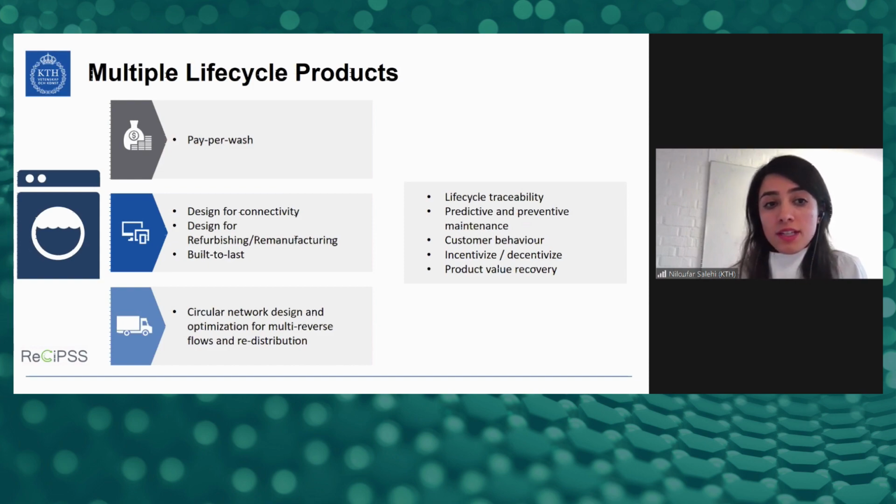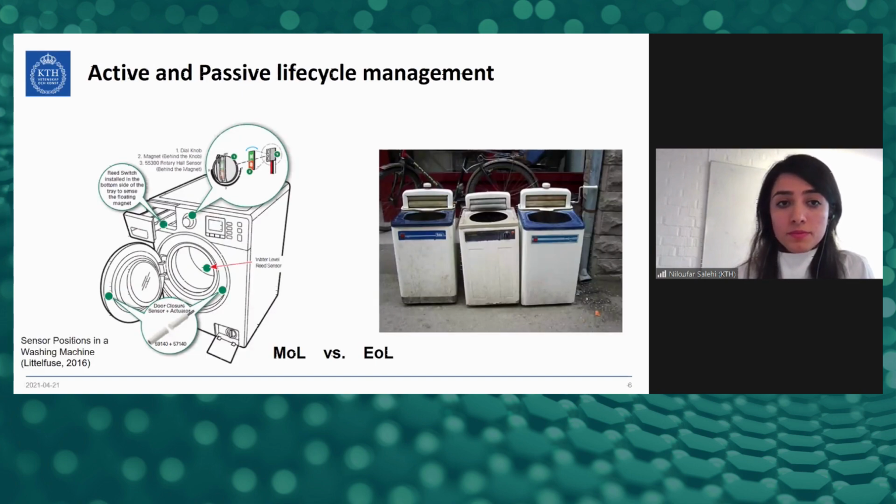The OEMs, the white goods demonstrator, can also get reliable information by using ICT platforms and the devices that they put in their products, as they are designed for connectivity, to get reliable information about the product's value recovery, to decide if it needs only maintenance, refurbishment, or remanufacturing. So with the use of ICT through the whole value chain of a product, we can have an active lifecycle